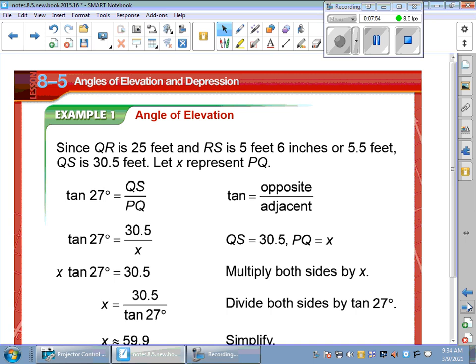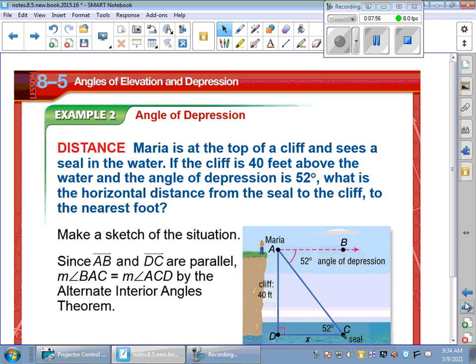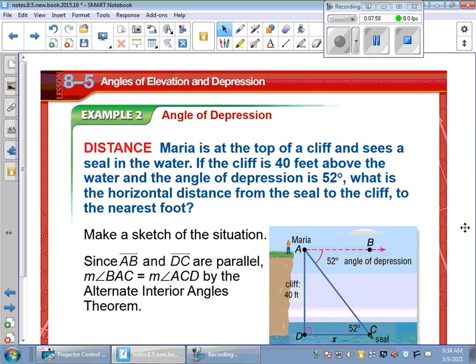They just show you how to do it here, showing you how to solve that question there. Get this thing to the other side. Okay, so